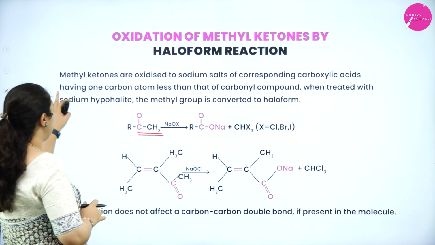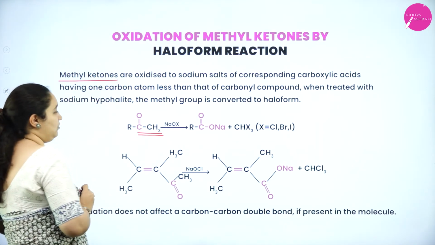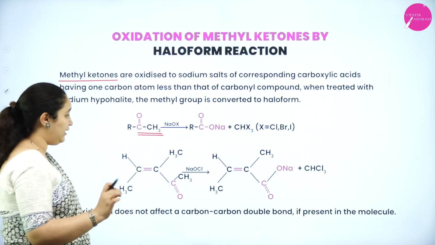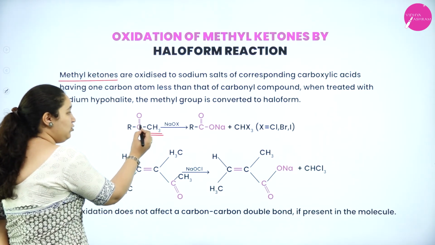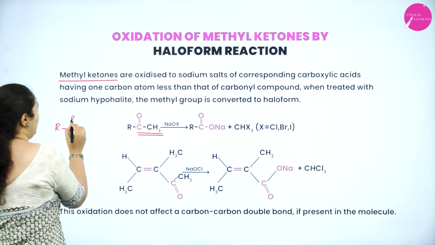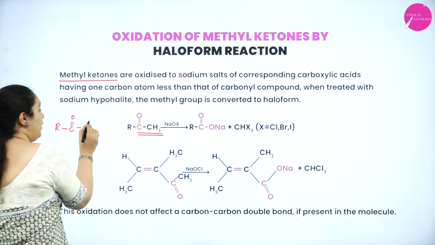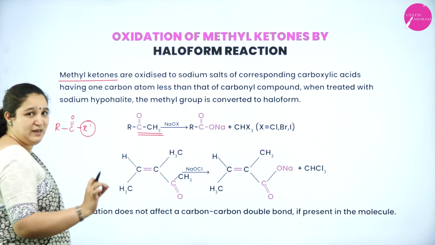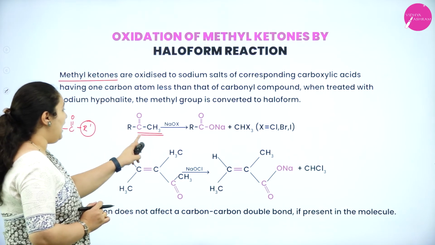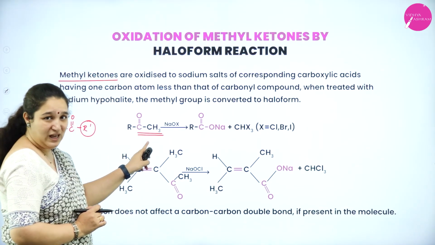Now, for example, if we take methyl ketone, why methyl ketone? I am very specifically telling it's methyl ketone because see, ketone group is normally what we write as R, C double bond O, R dash. In this, one of the R group should be methyl group, then we call it as methyl ketone. So you can see RCOCH3 is a methyl ketone.